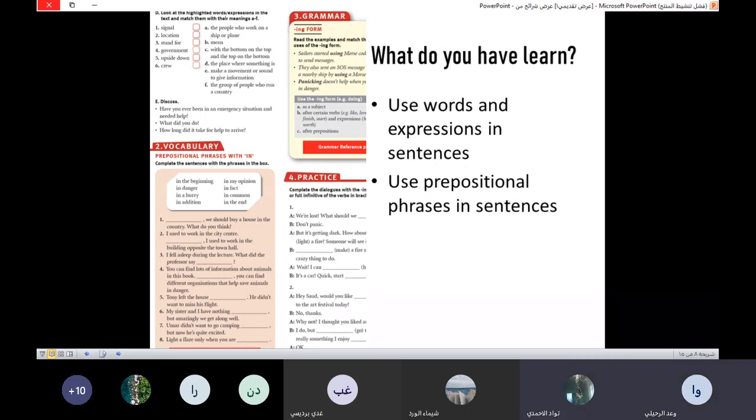Okay, so what about crew? طاقم. Yes. Do I use crew if I want to describe the people who work in the hospital? الطاقم الطبي. How can I say that? What do you think? How can I say this phrase in English? Do I use crew? What do you think, Ola?